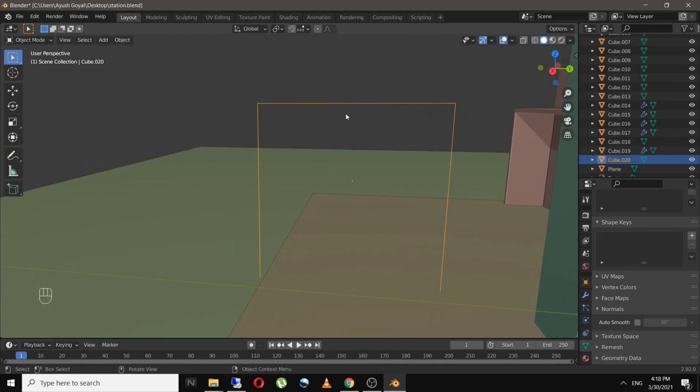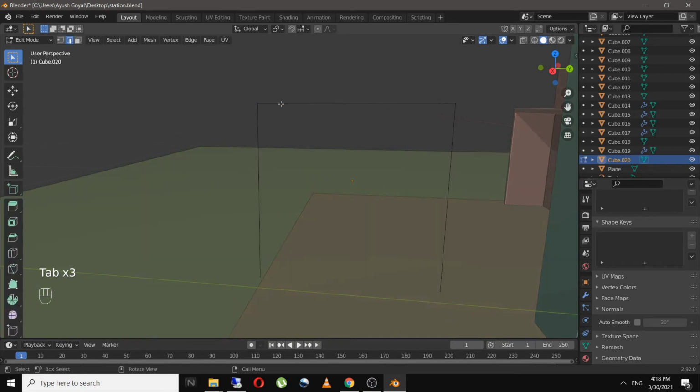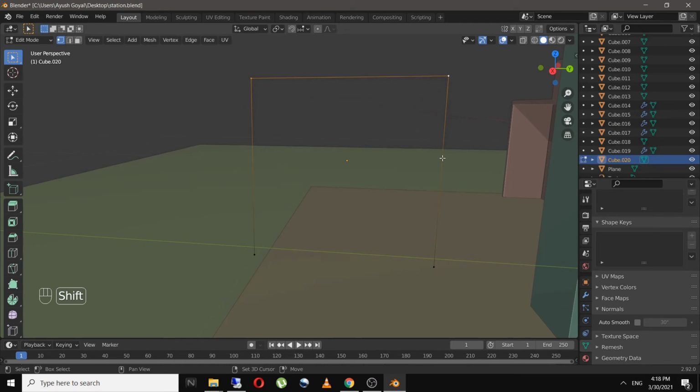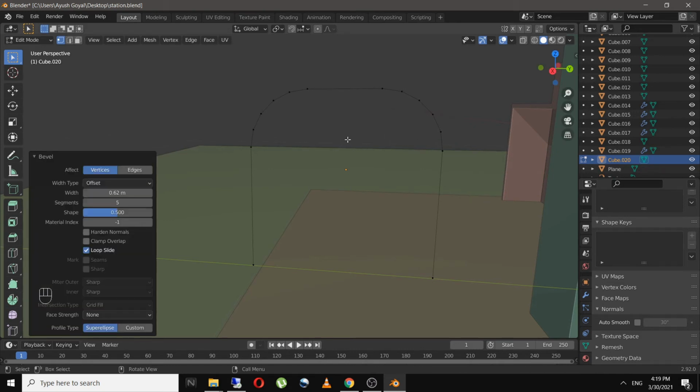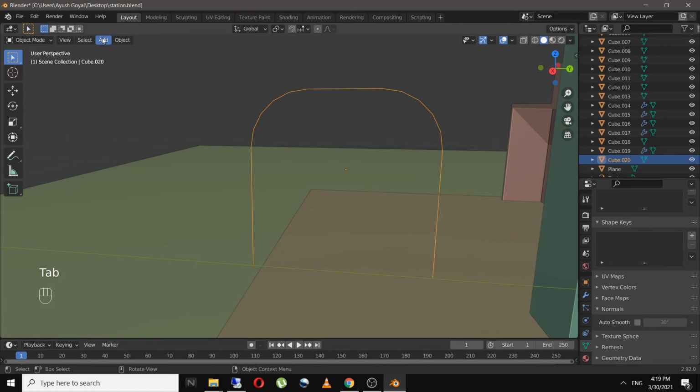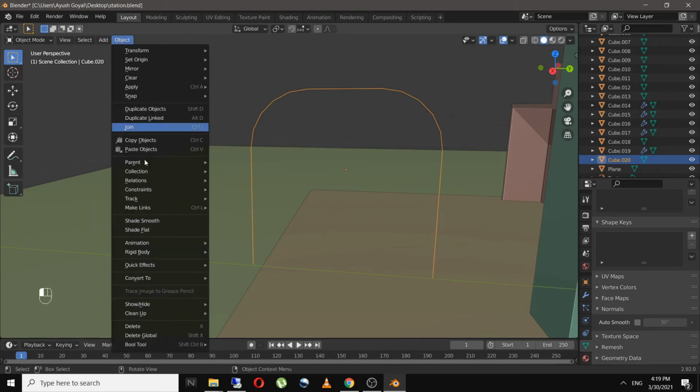So now go to edit mode and in vertices select these two vertices and bevel them by clicking on Ctrl Shift and B. So this will bevel the vertices just like this. And now go to object and change to curve.